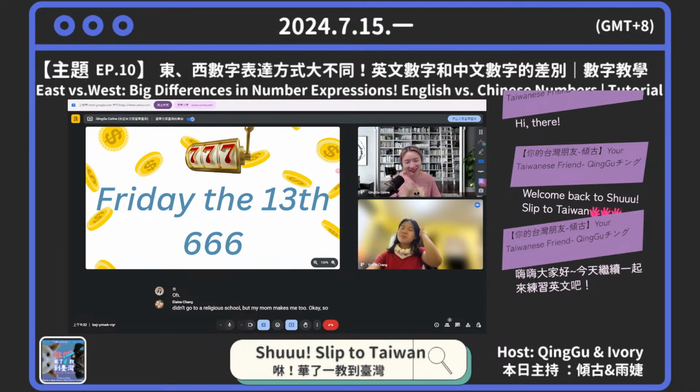Okay. So 7 also is a lucky number because in the casino, there's a slot machine. A slot machine is a machine you pull, and it goes ding, and a lot of different pictures appear, and then it stops. When you have 3 same numbers or 3 same pictures, you win a lot of money in the casino. So when you hit 777, usually you hit the jackpot. And hitting the jackpot is like winning the lottery. Wow. So you win a lot of money. That's when you say, oh, I hit the jackpot.